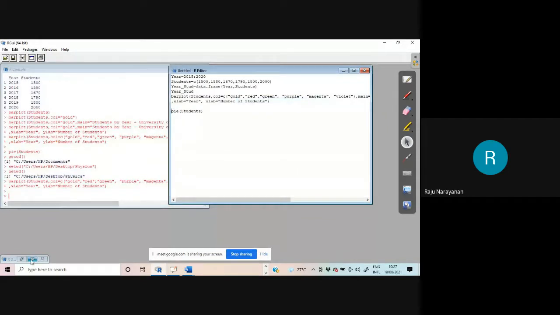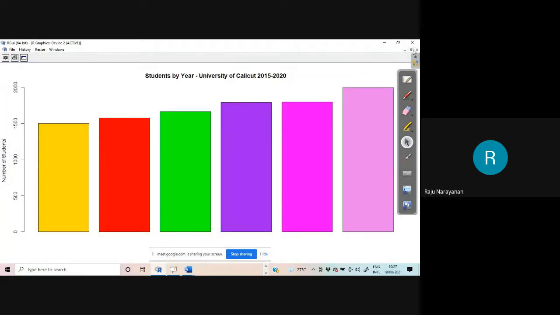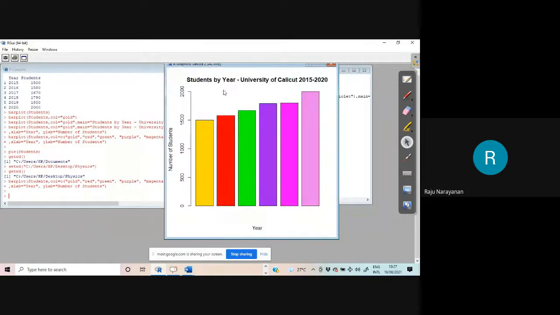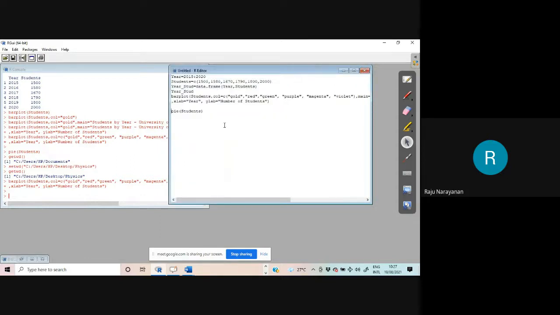For example, a businessman wants to know how his business was during the first quartile, second quartile, third quartile, fourth quartile. How was his business during January, February, March, April, May, June, July, August, September, October, November, December?